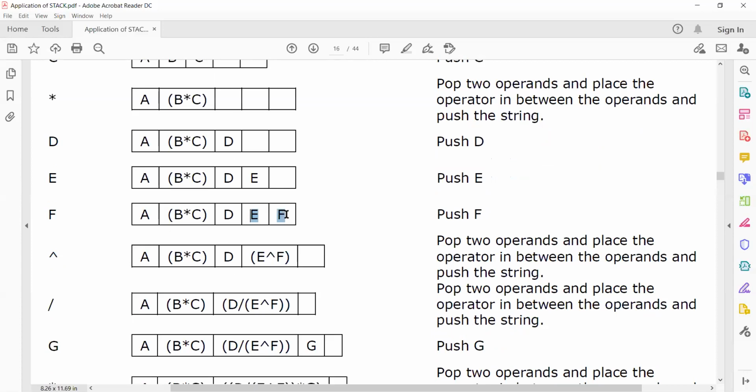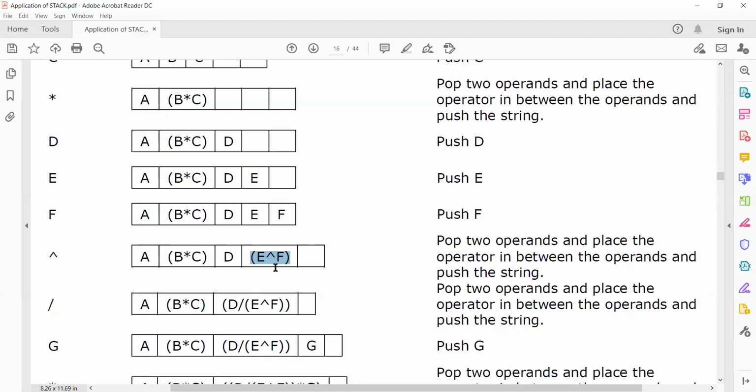See, I told you, we cannot simply do the manipulation inside the stack itself. I have to pop out. I have to write separate code for this. I have to call the pop function first, then call the pop function again to pop the other element. Once that is done, I have to make it a string, so I have to write a function for this. Then again, once it is done, I have to call the push function.